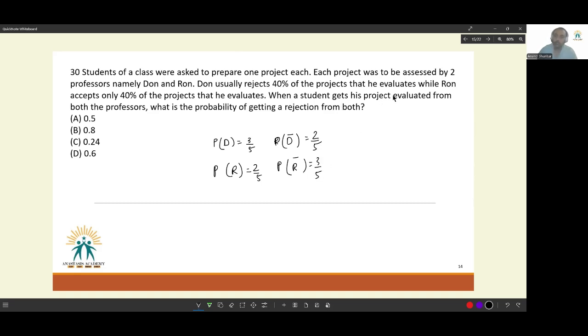When a student gets his project evaluated from both the professors, what is the probability of getting a rejection from both? We simply need a product of these two numbers. So we have 2 by 5 into 3 by 5, which gets us to 6 by 25, which is equal to 0.24, or the correct answer is option C. Next,